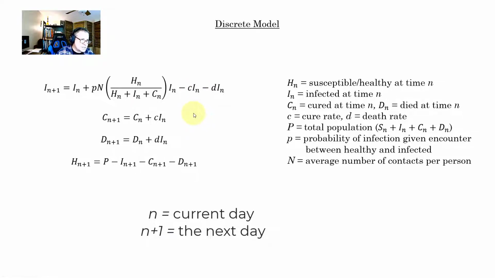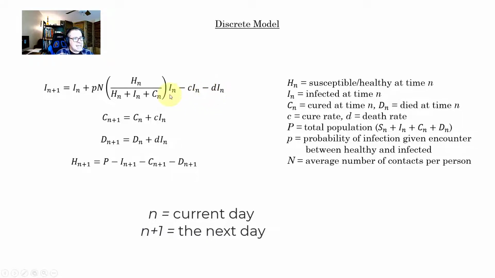So some fraction of the current population that's infected will be cured, and so that will move into the category of being cured, and some fraction of the people that are currently infected die from the disease, and so they will be subtracted when you calculate the next number of infected people in the population. You're minusing the number of people that are cured, and you're minusing the number of people